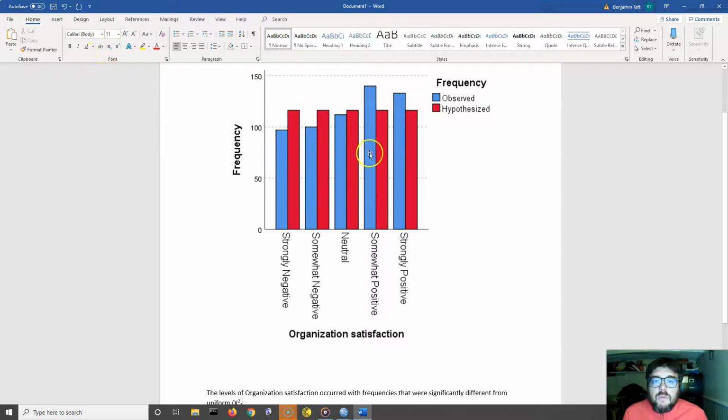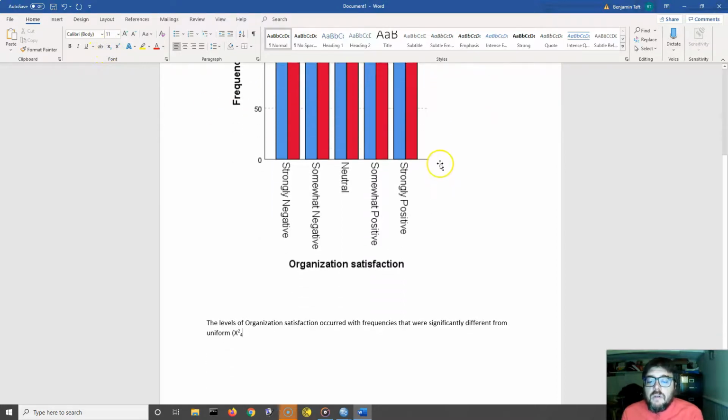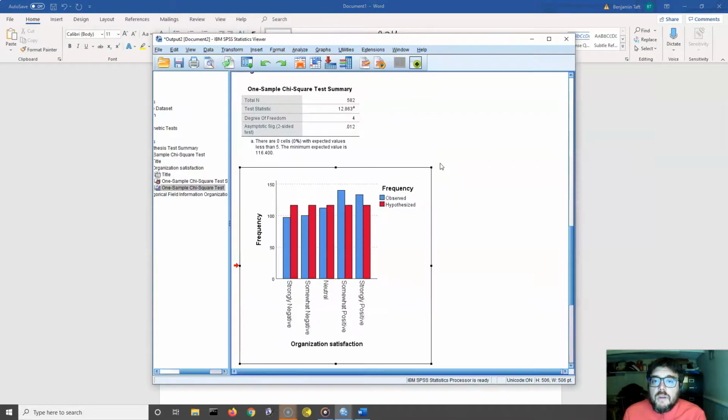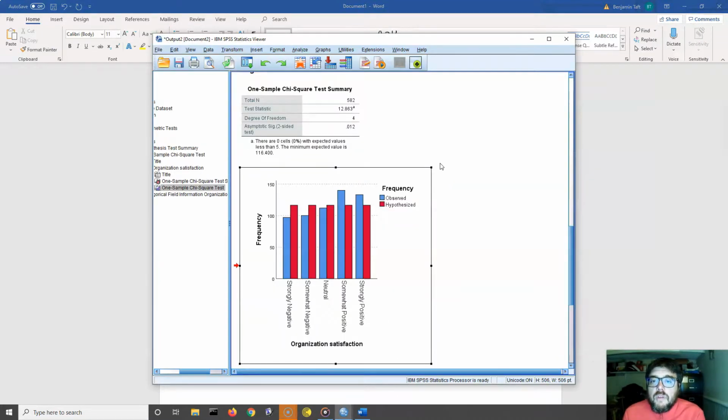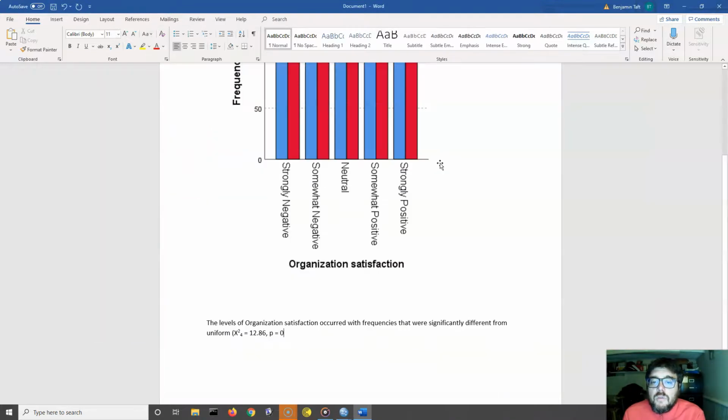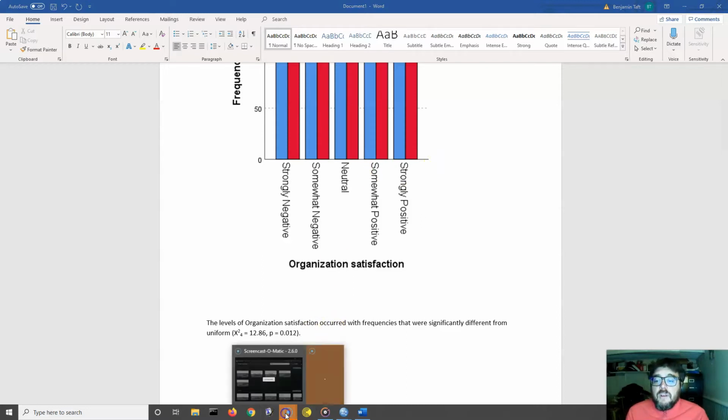It's 1, 2, 3, 4, 5 different groups, equals 12.86, p equals 0.012, and that is a little results section. So that's how you would do